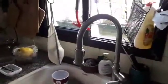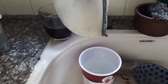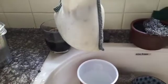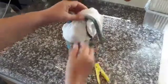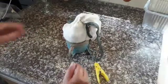And here, this is how it hangs in my kitchen, in the sink, and straight into the tub. It collects the whey. Oh, and here I'm just showing my normal cheesecloth that I usually drain with. Just a regular baby's old burping cloth. And this is the finished product. This has been hanging, I think, probably overnight,